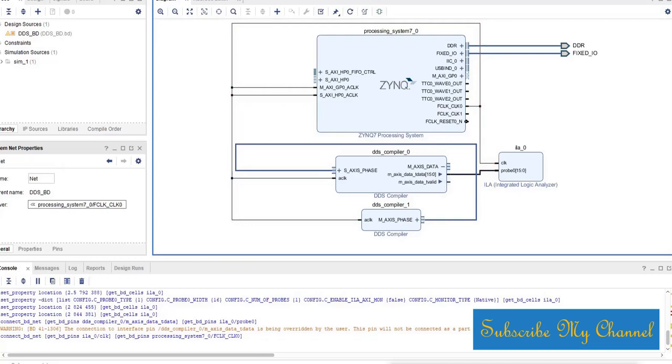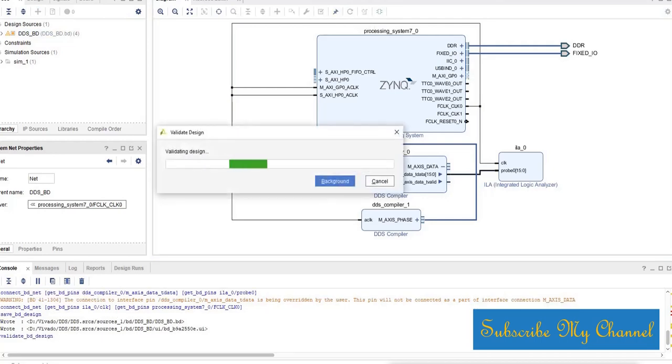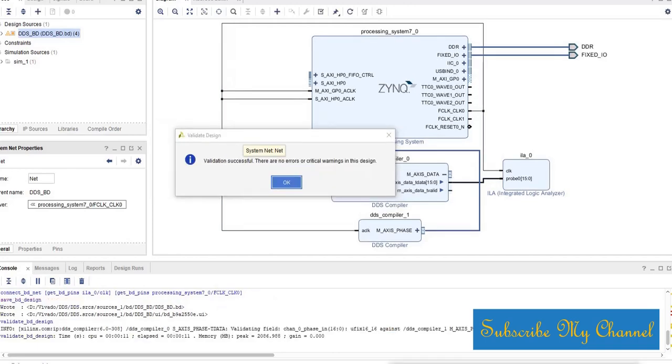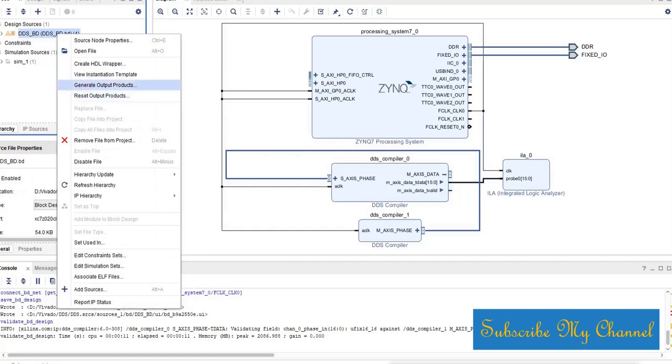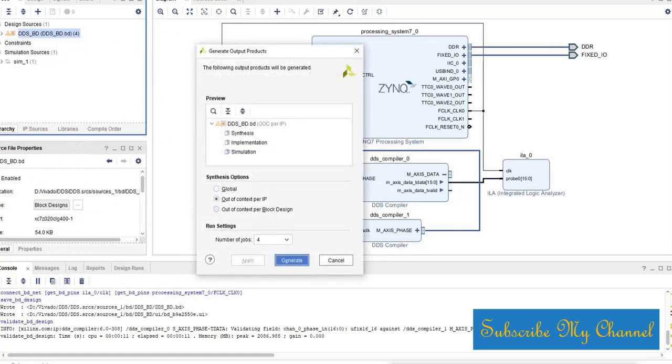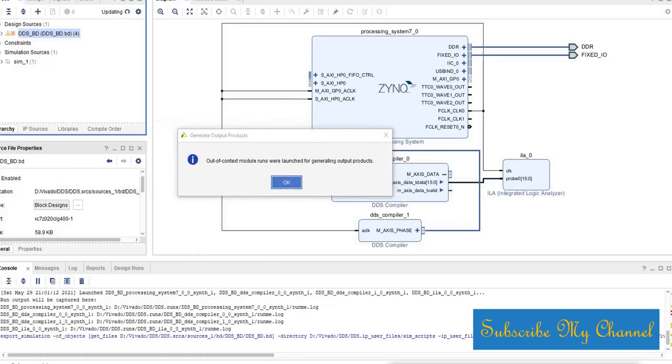So we'll save the project. Now we'll validate the design. Okay, now it is showing validation successful. Now we'll generate output products. You can see now it is completed.